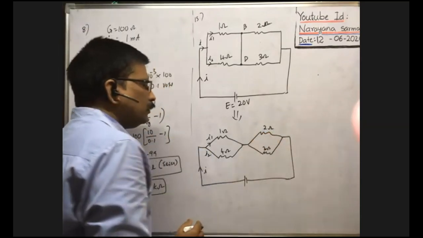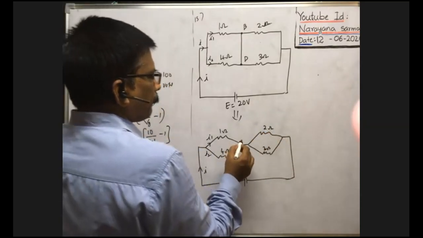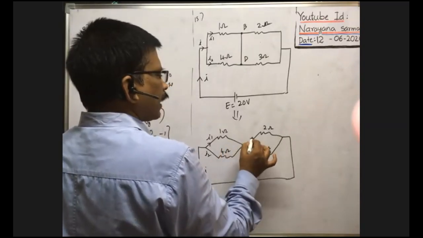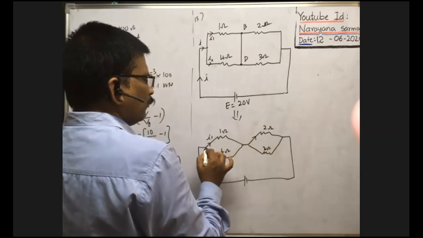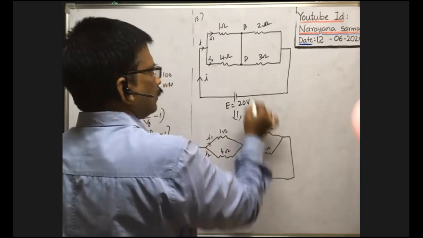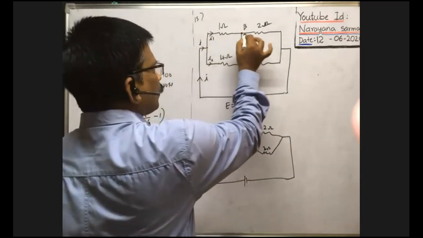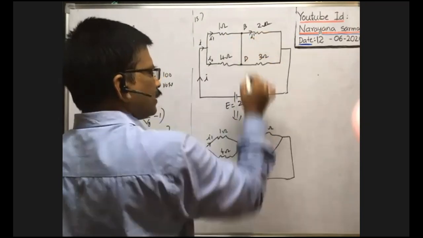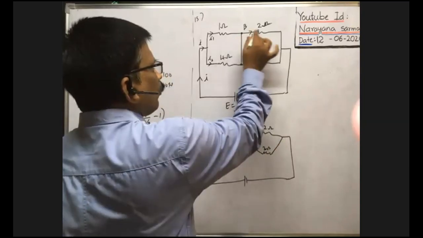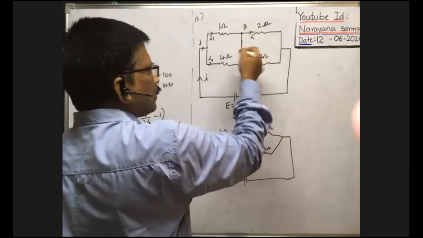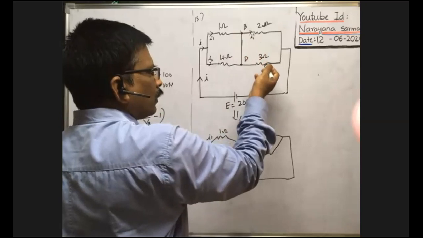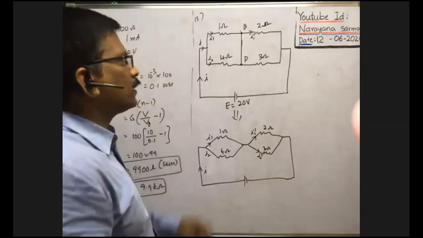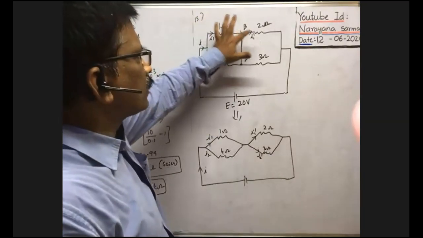Now, the current through this part: whenever the same current passes like this, whatever current passes through this one, if the same current passes through this also, that is I1 dash. If these two are equal, then we can say the current through this conductor is 0. Here it is I2 dash. Now you measure what is the current through this resistance and what is the current through this resistance.